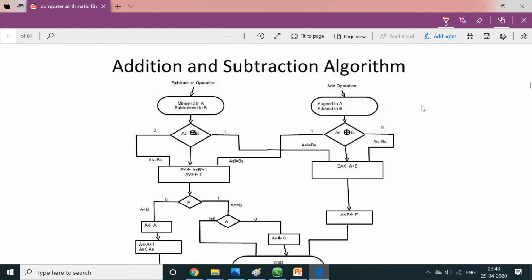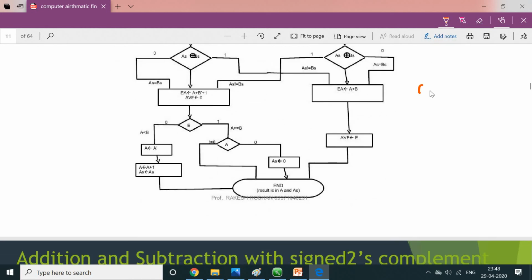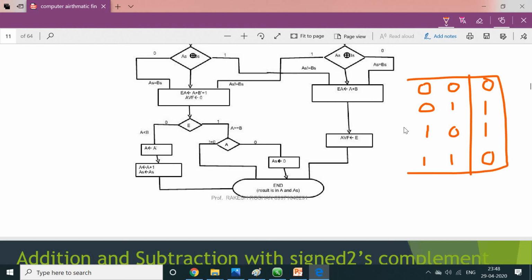let us take a small representation. XOR operation, in binary values 0 0, the output is 0, and if it is 1 1, the output equal to 0. In the remaining two cases, if the inputs are different, that value indicates a negative number. This is the truth table of the XOR values. These are the inputs and these are the output.